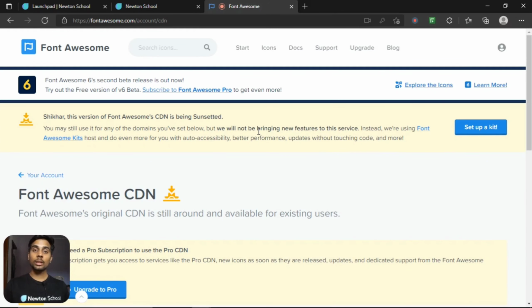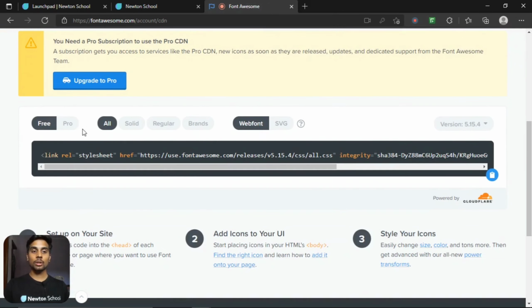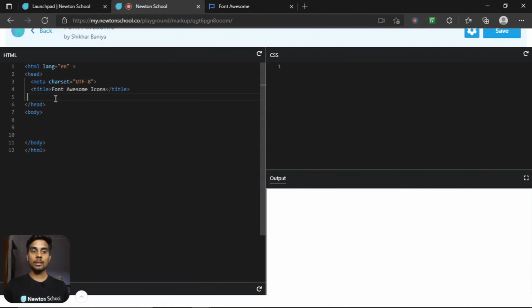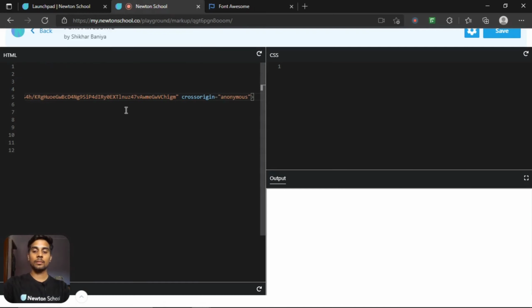It will generate a unique key for your account. So this is the CDN that we have to use. Just copy it, go to your HTML, and then paste it below the title.